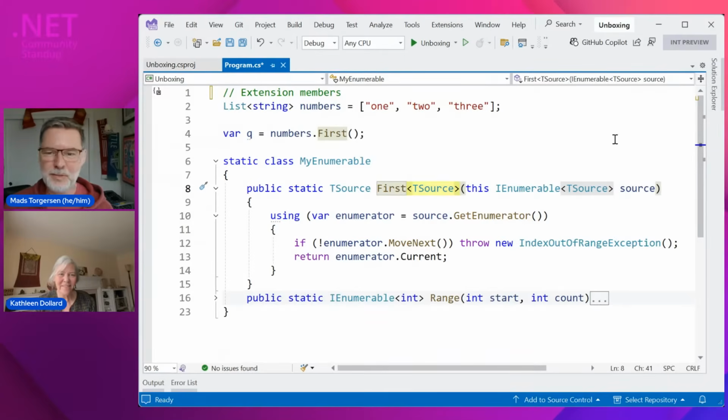Great. Now, the next question we get, like roughly 7 seconds after we release, is what about extension properties? And we can't just go and do extension properties the same way of saying, okay, pretend extension instance properties implemented with static properties. It just doesn't work because static properties do not happen to already have a parameter list we can stick the receiver in, and they cannot take type parameters either. And essentially for 20 years on and off, we've been arguing back and forth about what to do about that. We essentially got ourselves into a syntactic dead end that only allows for methods. Okay, and that is what we're going to solve in C# 14, and what you get the first down payment of